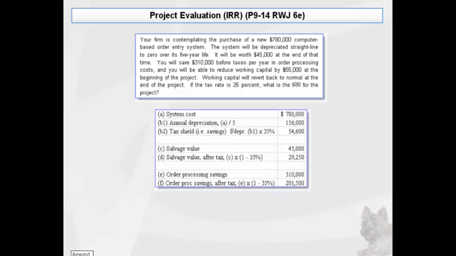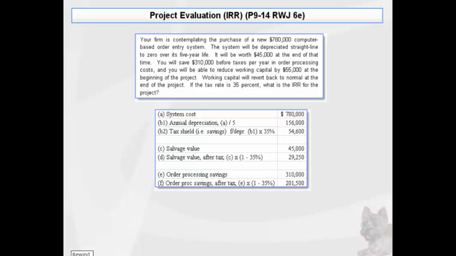Okay, well, let's look at some key pieces of information that we need to solve this problem. First, we see that the system cost is $780,000. Annual depreciation is computed by taking that cost and dividing it by 5, so that gets us $156,000. Now we're going to get a tax shield, savings that is, from the depreciation. So we take the annual depreciation times the tax rate, and that's the dollar amount of the savings we can